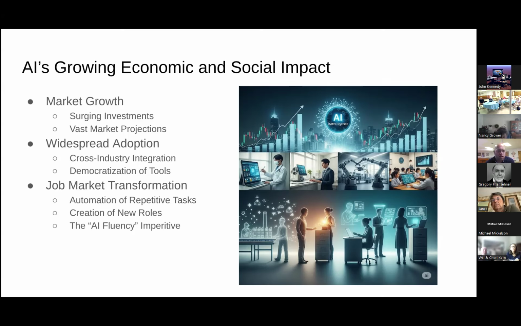Crucially, AI is also creating entirely new jobs and requiring new skill sets. Roles focused on AI development, deployment, maintenance, ethics, and human-AI collaboration are emerging rapidly. And then this last bullet point I thought was especially interesting and worth sharing, and something I want to focus on. A fundamental understanding of AI's capabilities and limitations is becoming a vital skill across all professions. The focus is shifting towards roles that leverage human creativity, critical thinking, emotional intelligence, and complex problem solving in conjunction with the AI tools that are available.